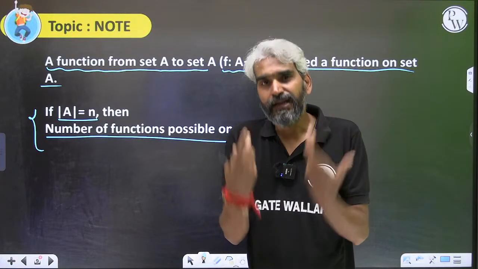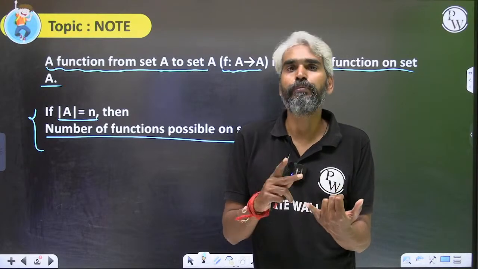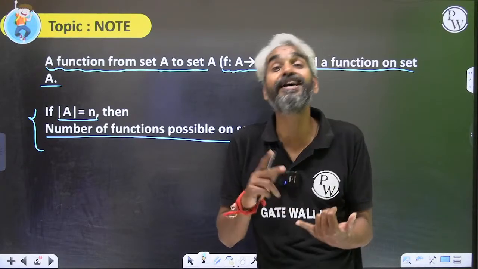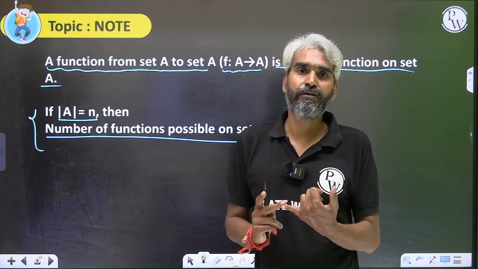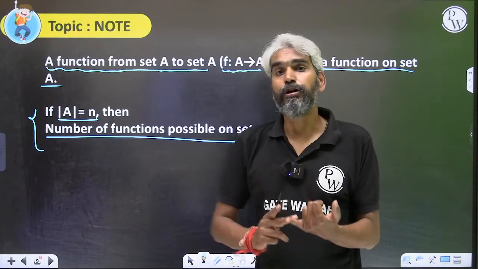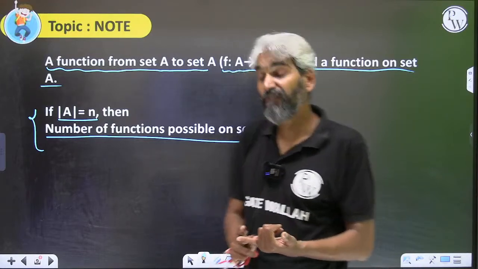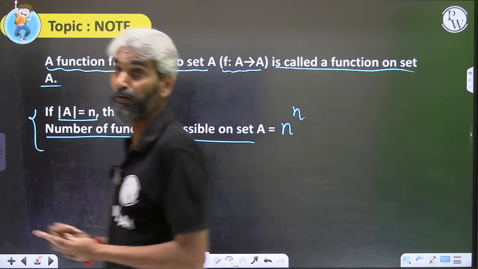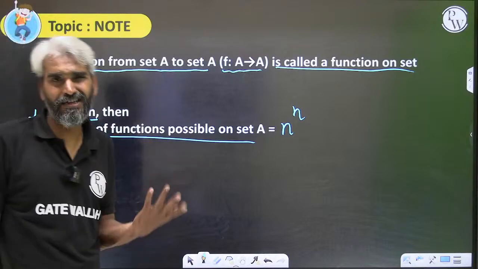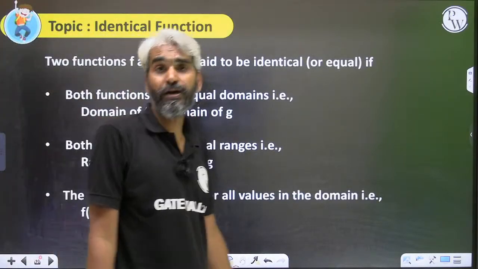The more important definitions related to function are one-one function, onto function, and bijective function. So how many one-one functions are possible from A to B? When exactly are one-one functions possible from A to B? How many onto functions are possible from A to B? When exactly are onto functions possible? How many bijective functions are possible from A to B? When exactly are bijective functions possible? That we'll all discuss in tomorrow's session. We cannot include everything in a single session. But let's talk about something